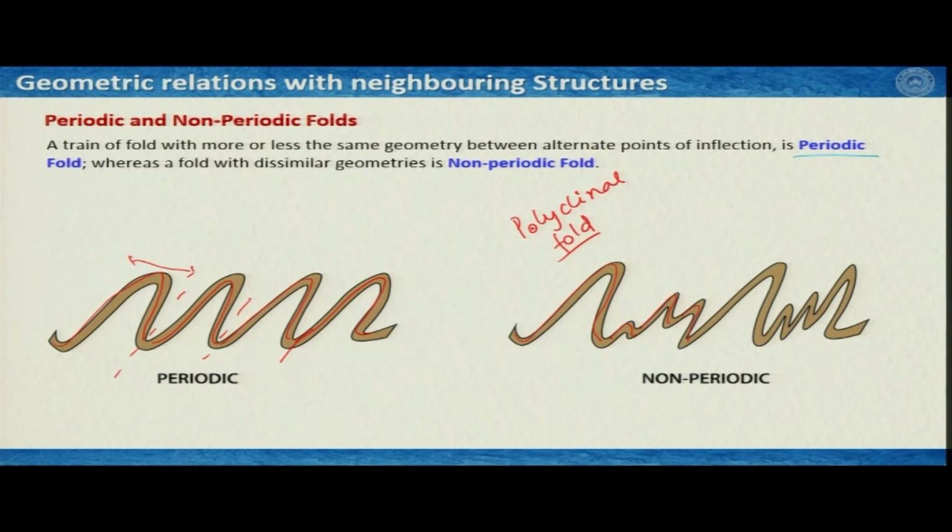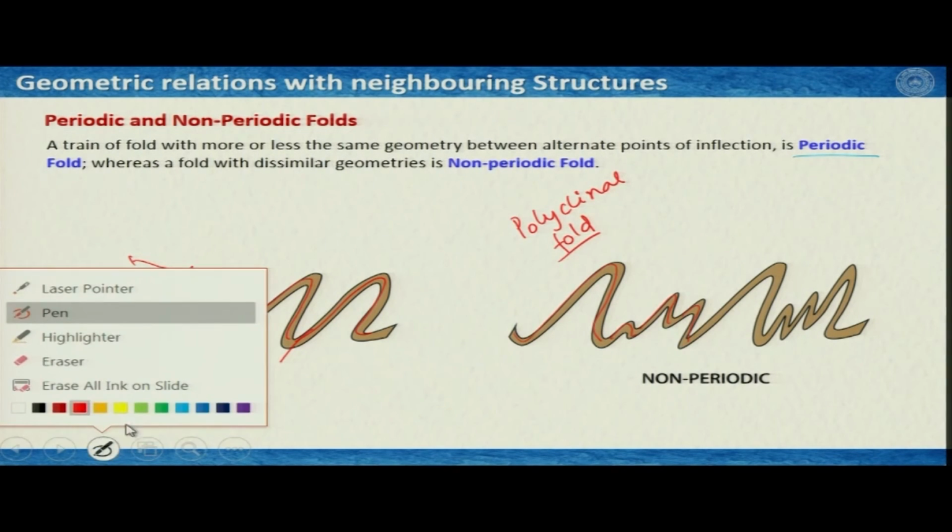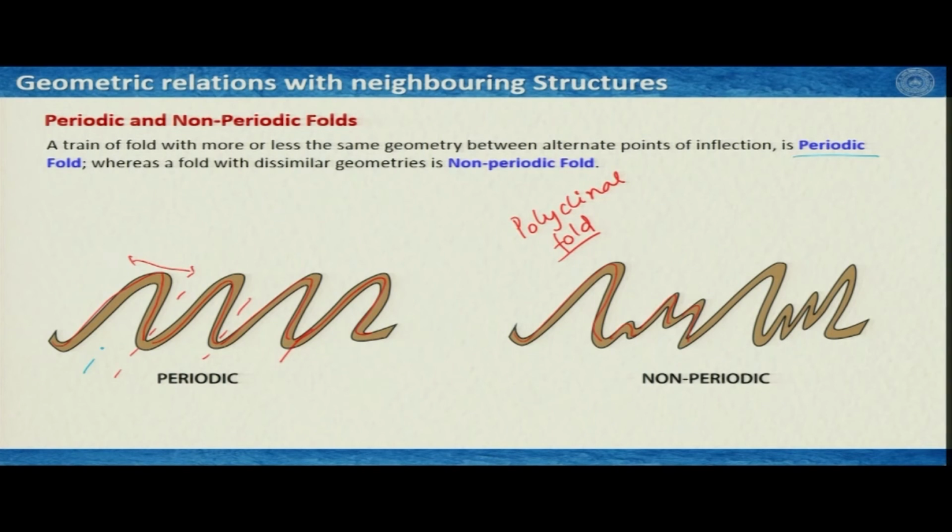What we see here in all these cases, I use this typical color for axial planes. The trace of axial planes does not matter whether the fold is periodic or non-periodic, the trace of axial planes are more or less constant, right. But in polyclinal folds, you may have folds like this,